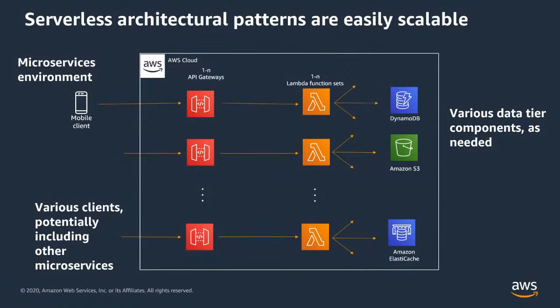And when you move into, let's say, a microservices environment, in this case, let's say you have clients, it could be a mobile app or a web app or even other services internally in your application, right? So you have other services talking to services. In this case, you could still take the same API Gateway and Lambda, but you could have multiple Lambdas being invoked as part of the requests that are coming in. And then you could have some Lambdas talking to a database like Dynamo. You have another that is talking to a storage service like S3. And then you have some that is talking to a cache like ElastiCache, which is almost a managed cache service by AWS. It uses Redis or Memcached under the hood, depending on which option you choose. So that's one way it will start scaling.